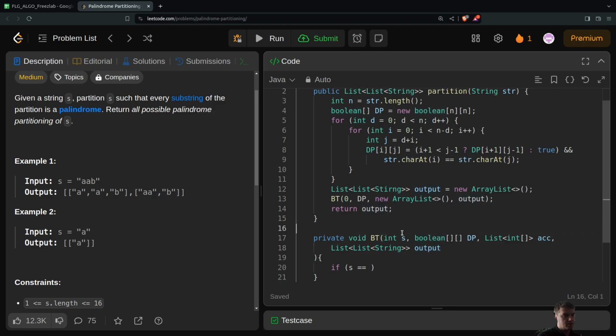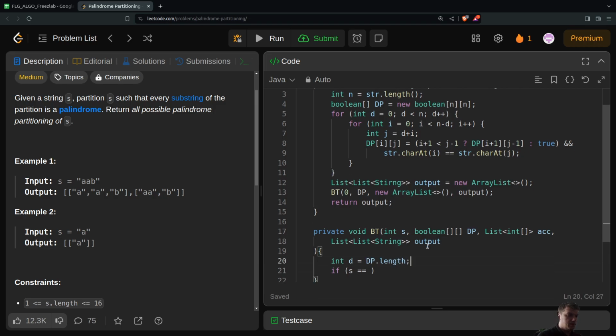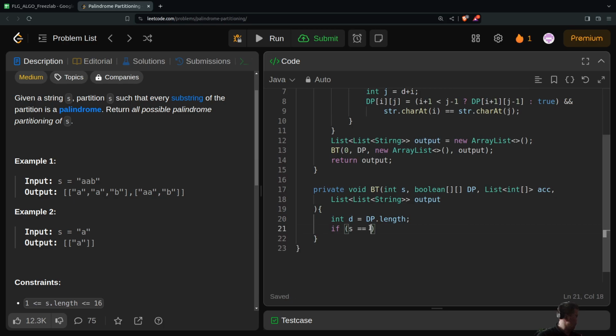And also I need to pass the n. Yep. Or I actually can derive n on the dp. int n equals dp.length. And if s is equal n,